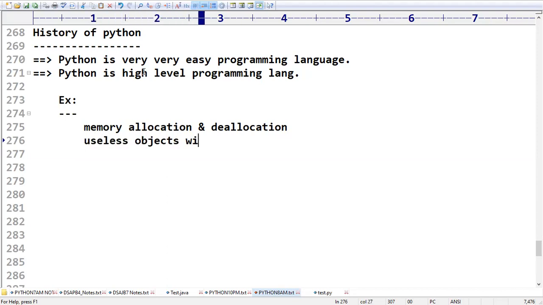Useless objects will be destroyed automatically. We are not required to do anything. Automatically it is going to delete. Okay, next, and after that, sir, even more meaningful